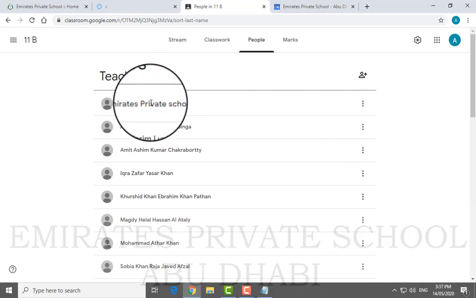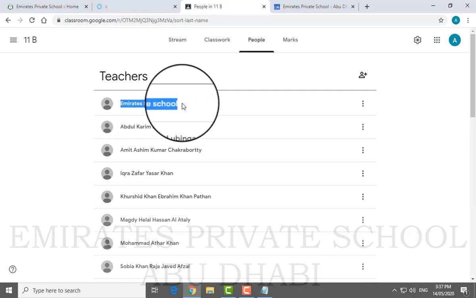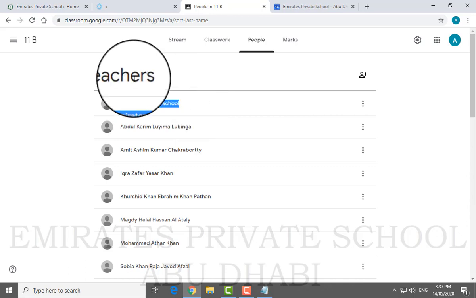Moreover, down the line, if anybody wants to see a live classroom of yours, they will be using this particular account to log in and join your class live. So suppose tomorrow Miss Azza wants to join your class, or Miss Mamuna wants to join your class, they will be using something like this to join your class, and they will be observing your classroom. So this is the teacher's part.